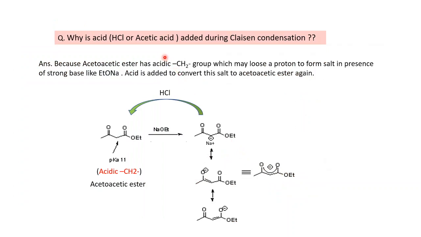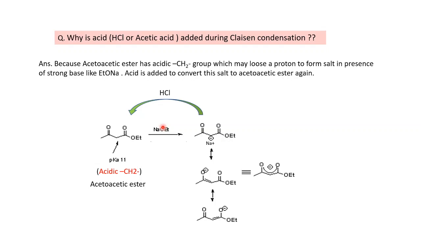Now the question is, why is acid added in this reaction, or what is the role of HCl or acetic acid during Claisen condensation? Now what happens? The whole reaction is taking place in the presence of a base, and this base is a very strong base. So once ethyl acetoacetate is formed in the reaction mixture, and there is some amount of base which is left